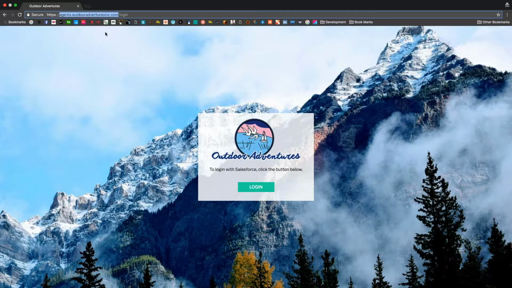directly from agents.outdooradventuresinc.com. When you come here, you'll automatically land on this login screen. For agents and admins, you log in on the same screen. But based on your roles, you'll be able to go to the right side of the